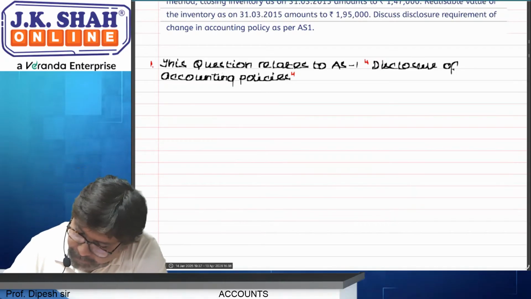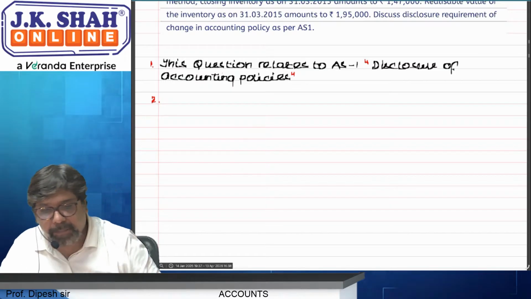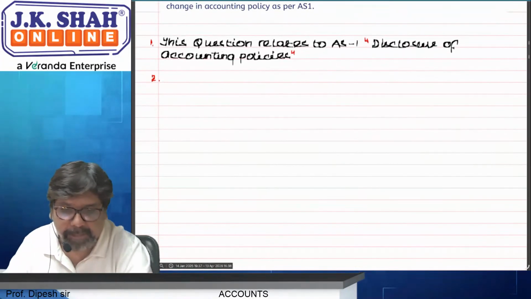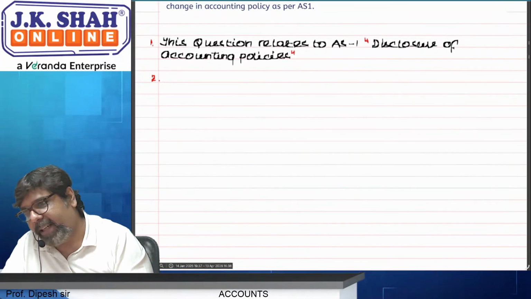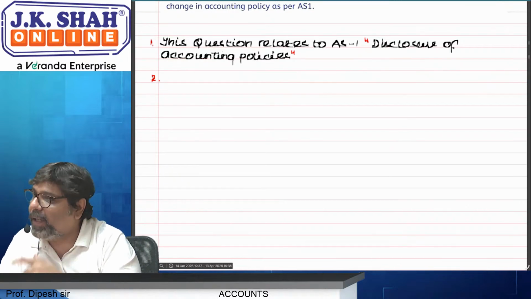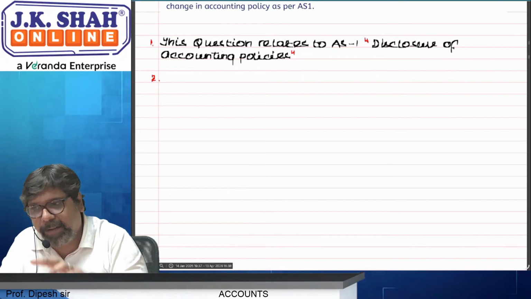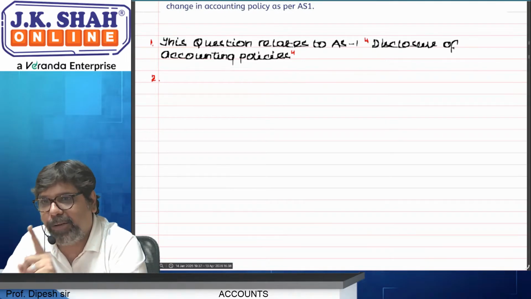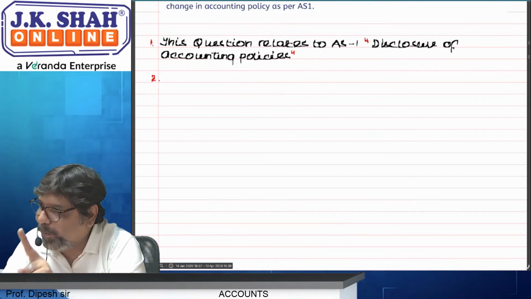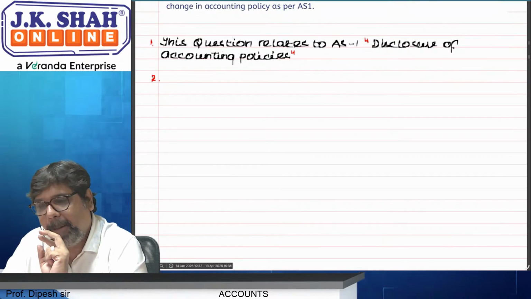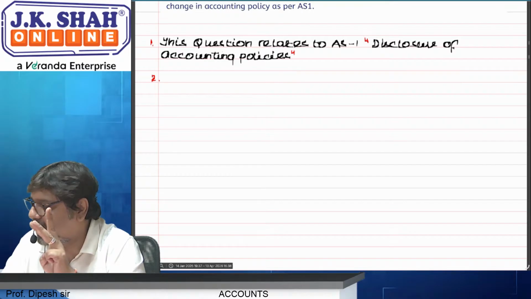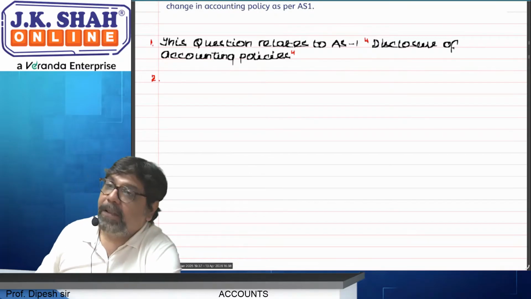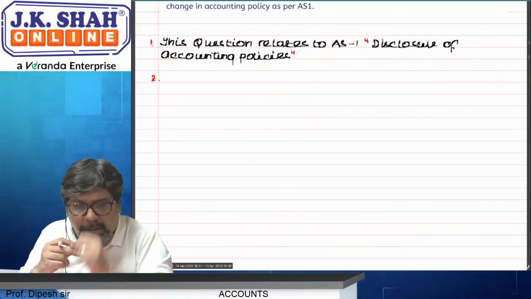Thereafter, number 2, company discuss the disclosure requirements. Now, this is relating to change of accounting policy, correct? तो whatever accounting standard says regarding change of accounting policy, वो पूरा paragraph लिखना होगा आपको. So para 1 is always the title of the standard. Para 2 is always the provision, whatever the law says. Para 3 is facts of the case, and para 4 is conclusion. Para 3 and 4 can be combined.